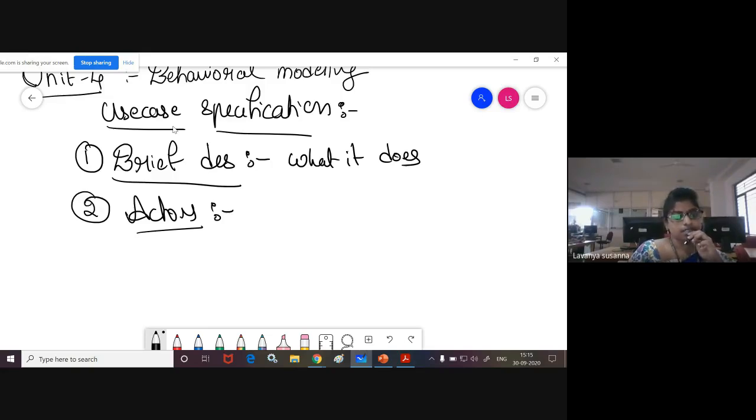Who will use the system? Users. There will be users, right? It may be a person or it may be a system. All are called actors, who are interacting with the system, or with which system the system you have developed is interacting. All are called actors. Now here there will be two actors: primary actor,